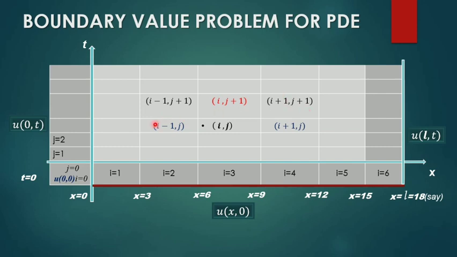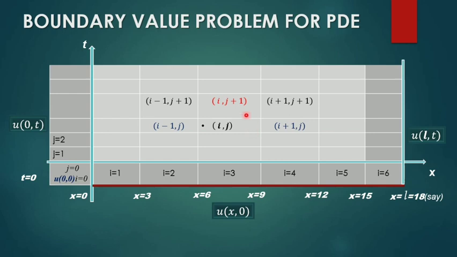Correspondingly here you have i minus 1 as the horizontal component, and when you increase from one cell to the next cell above, you will have j plus 1. So in boundary value problems, we will be given the boundary values and the initial values. Our aim is to find the value of u at these interior mesh points.